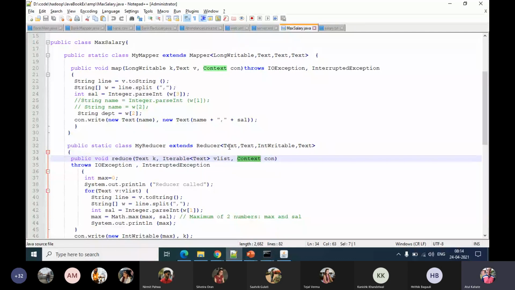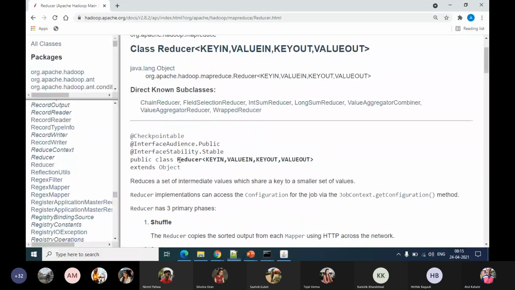The map and the reduce function in turn have 3 parameters, which are what you want to read as the key and the value, and here what you want to write as the key and the value.